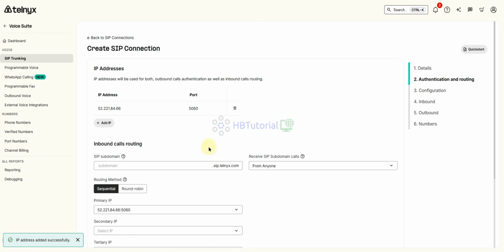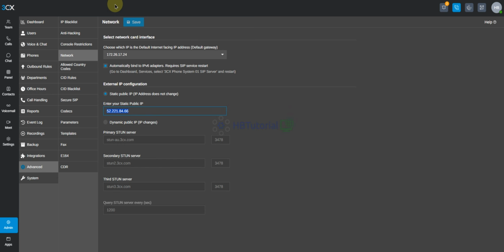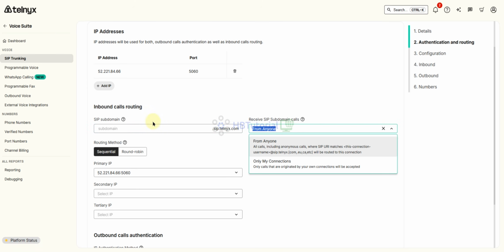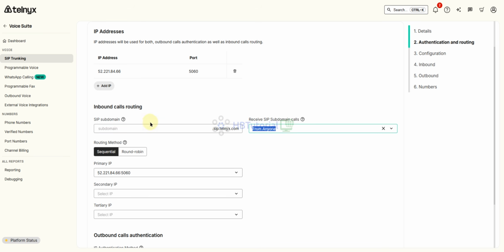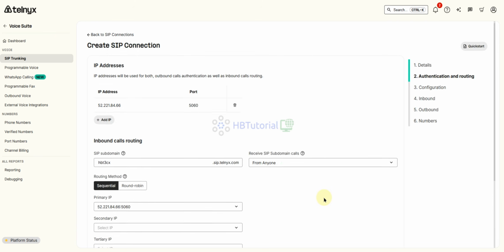And then inbound routing. We can use the HBT 3CX. We don't use any tech prefix. Next.